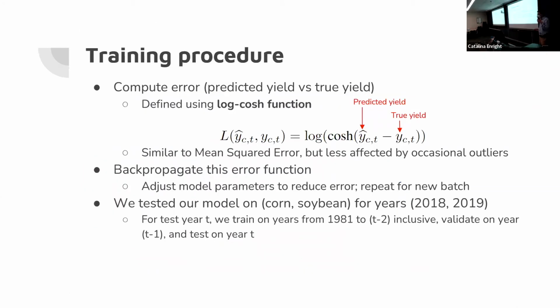Okay, so generally the training procedure, we simply do the usual where we compute the error, so the predicted yield versus the true yield using this function, basically just the measure of how wrong the predictions are. And then you backpropagate this error and adjust the model parameters to try to reduce the error. And then you repeat. So we test this model on different data sets, such as corn and soybean, and years